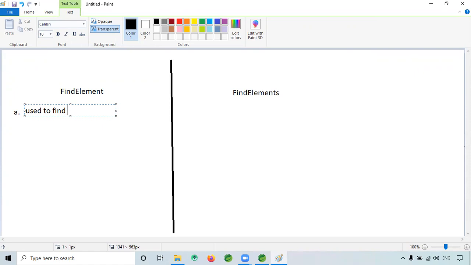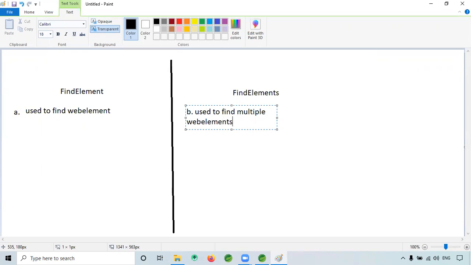In the case of find elements, it is used to find multiple web elements.